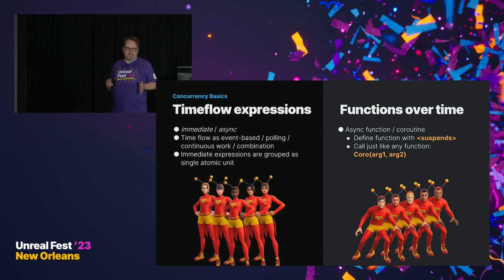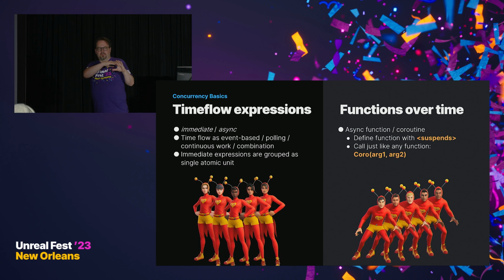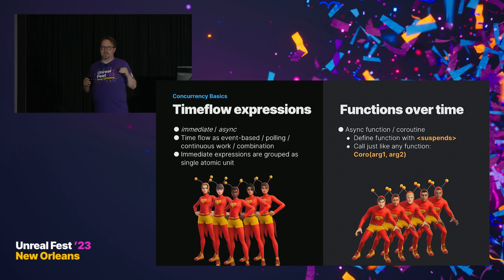But one thing that's important to know is that whenever you have a bunch of commands that are immediate, like adding two numbers or adding something to an array, if you have a bunch of them one after the other, they're all grouped as a single unit, so they can't be broken in half. If you start some process and then finish the process, it's not going to break in the middle. With traditional time flow programming, you usually have to put semaphores around things and make critical sections. But with Verse, you don't have to worry about that, because if you do a bunch of different immediate commands, they're automatically, atomically grouped together as a single unit.